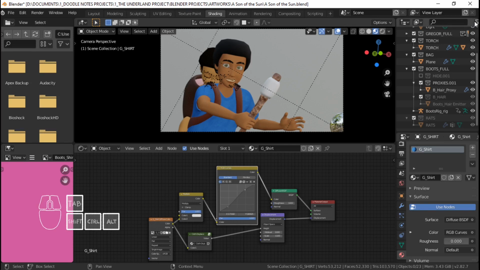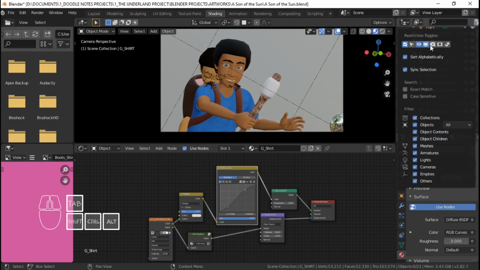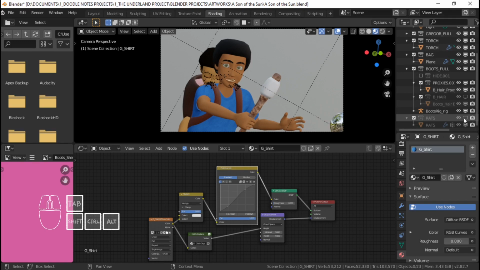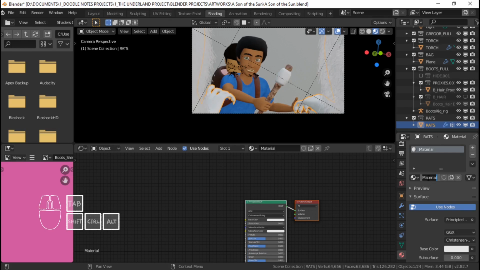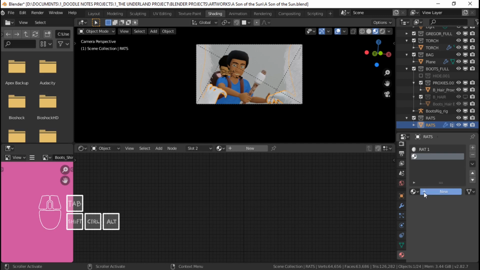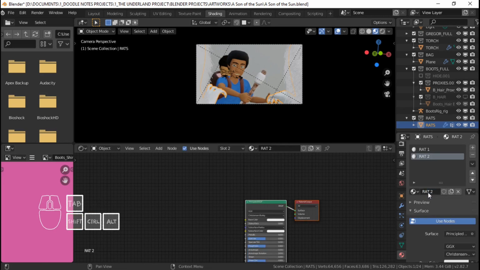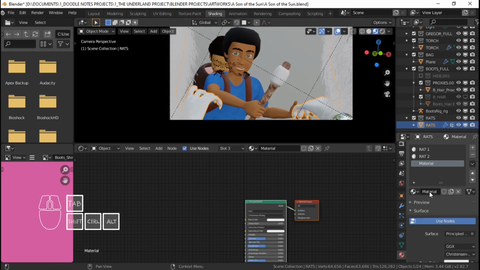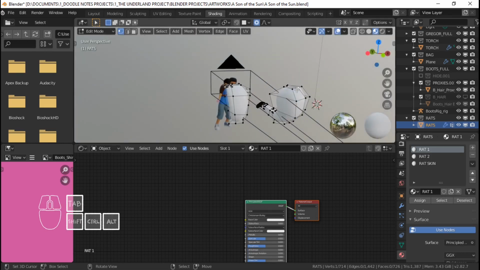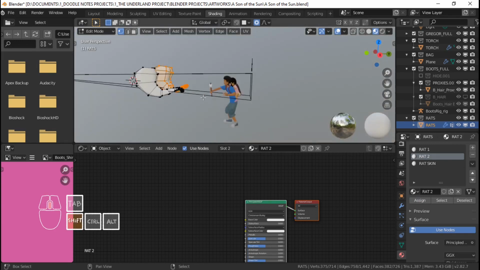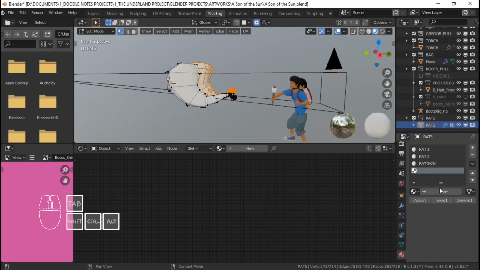Do that. I'm just gonna turn on viewport icon here so that I can enable the rats again. So I'm gonna add a new material. And call it rat 1. Add another one. Call it rat 2. I'm gonna add another one and call it rat skin. I'm gonna apply rat 1 with this rat right here. I'm gonna assign that. I'm gonna control I, assign rat 2, and then I actually need to make another one